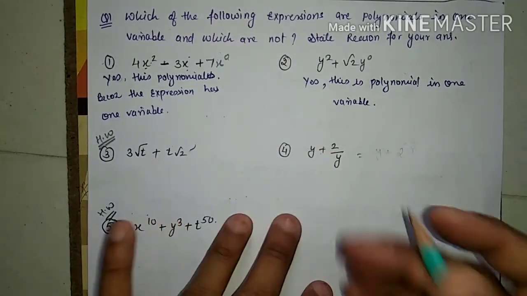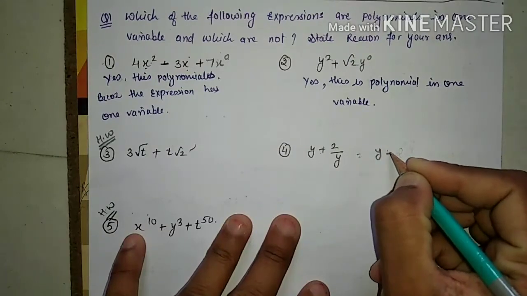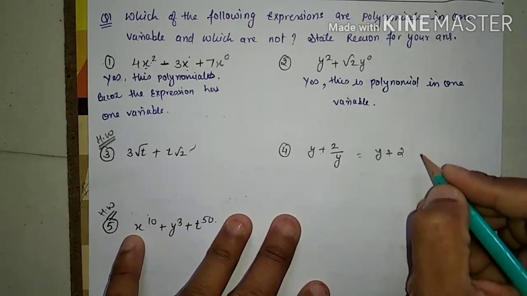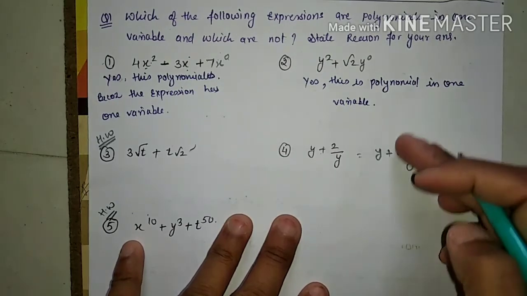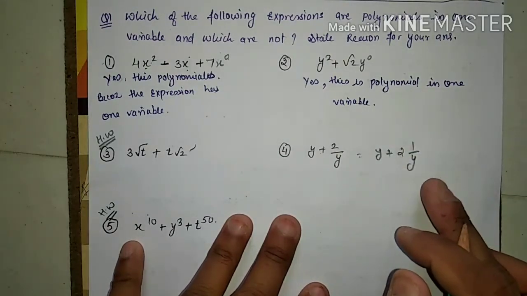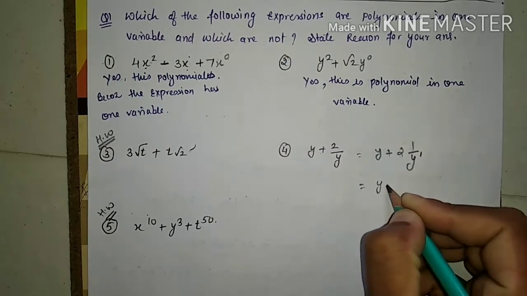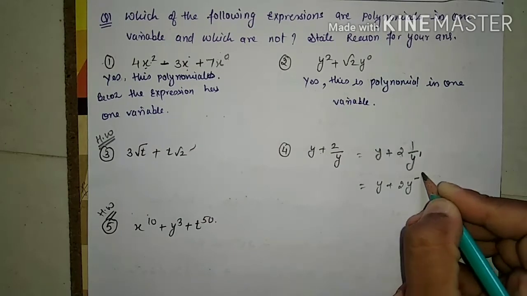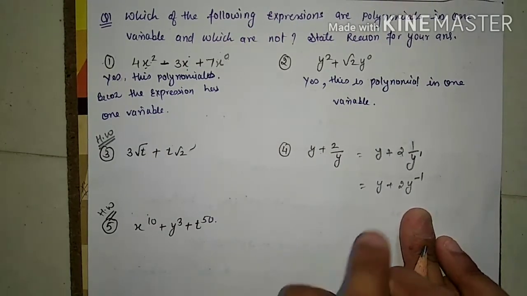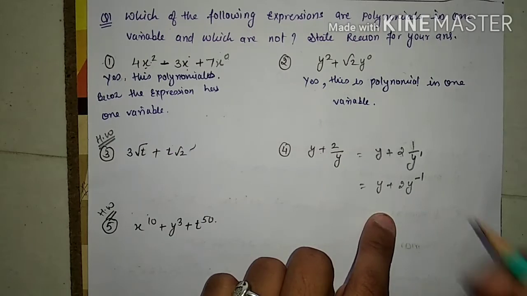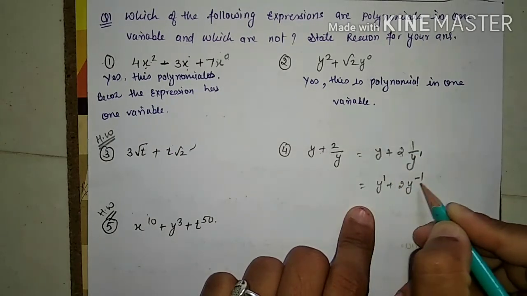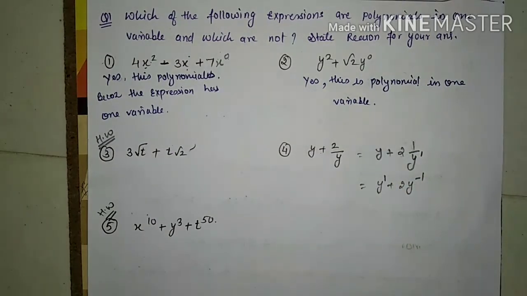You can see here, y plus 2, this is my 1 by y, and as you know 1 by y has power 1, correct? If I want to write y plus 2 y to the power minus 1, correct or not? I am getting that or not? Yes. So because of this you can now check your powers. Here the power is 1 but here it is minus 1. Now tell me, is minus 1 a whole number? I think you have done this in the 8th and 9th class.